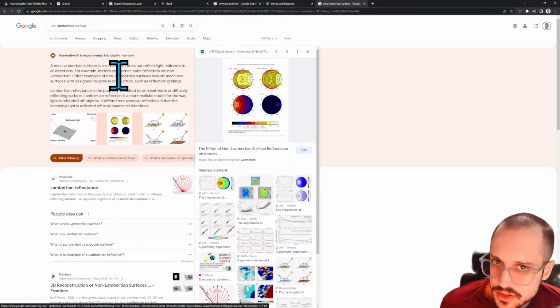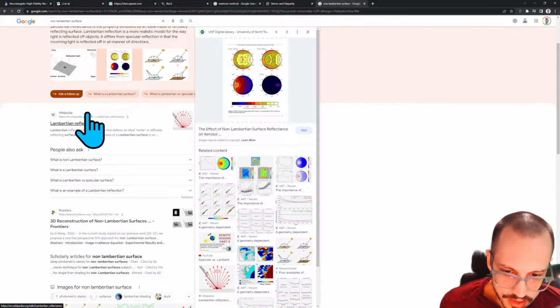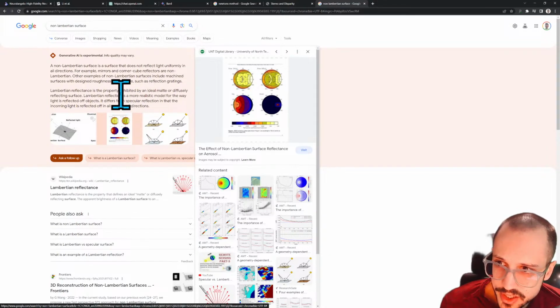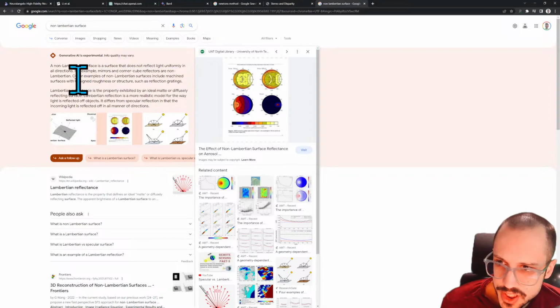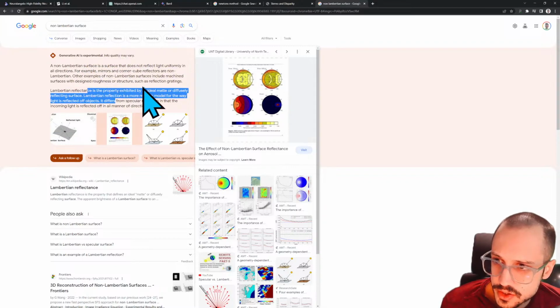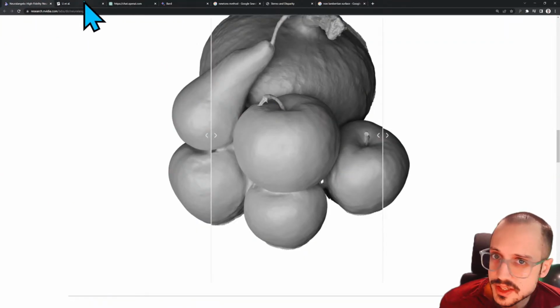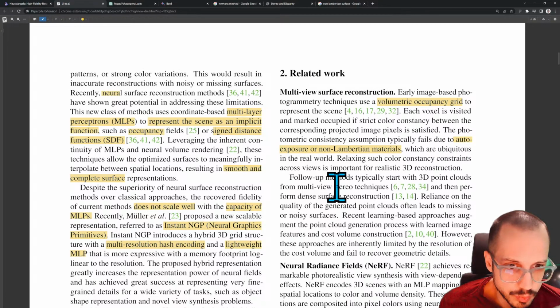Non-Lambertian surface is a surface that does not reflect light uniformly in all directions. Okay, so basically just some kind of weird material property. Mirrors, corner cubes, machined surface with some kind of structure and roughness. Okay, so basically you got weird surfaces and weird reflecting properties, then any kind of photogrammetry-based technique is going to